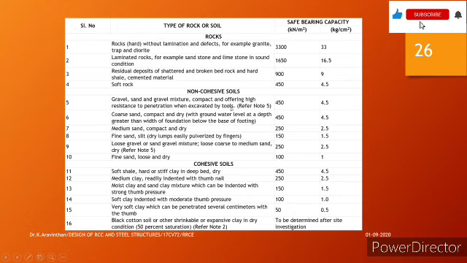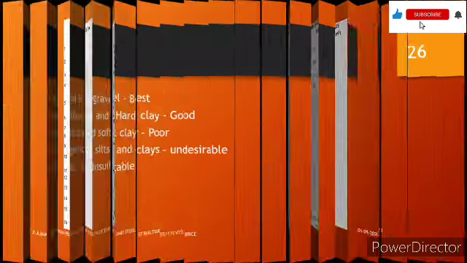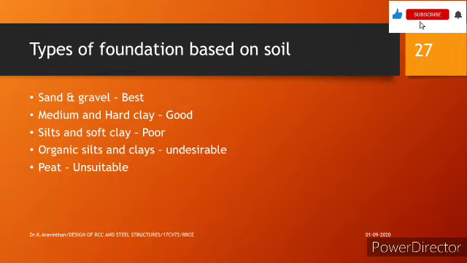See, you can have the same level of 450 to 100 in non-cohesive and cohesive soil, but the expansive property changes. A black cotton soil is very shrinkable, and you should be careful in designing a foundation. So this will give a hint of how good a soil is. If you are having a better soil, your cost of foundation will be less. As a thumb rule, sand and gravel is the best for a foundation and the cost will be less.